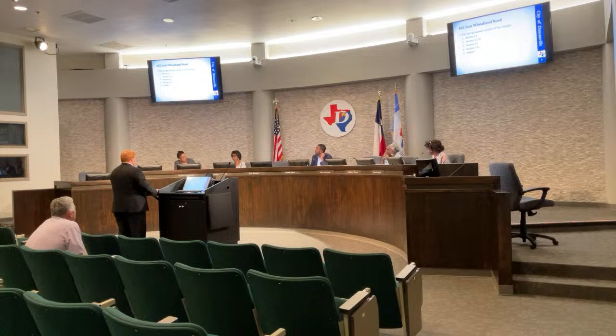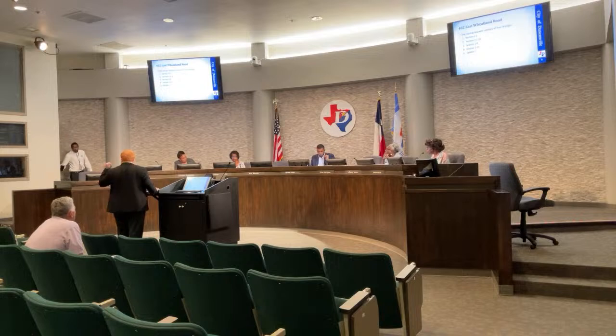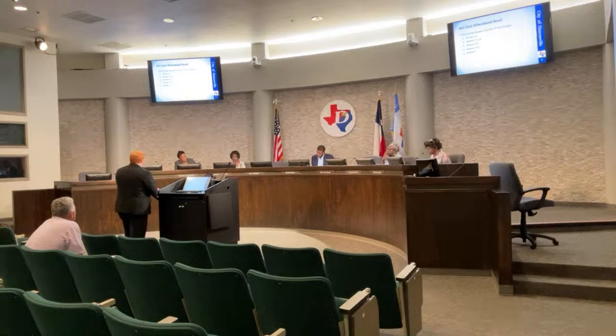I have a motion that we approve the base zone as LOR, that we strike the use of lodge and civic club, section 2C, I believe. And we remove section 2CC.